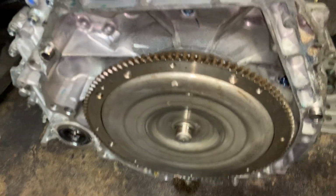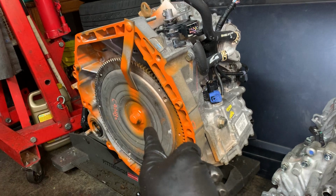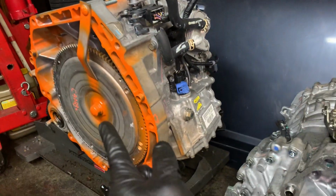This is the torque converter. We will not be using that torque converter. We will be using the one that the new transmission comes with. We will be using that flex plate on that torque converter. Nothing on this transmission will be used other than the hoses that they cut